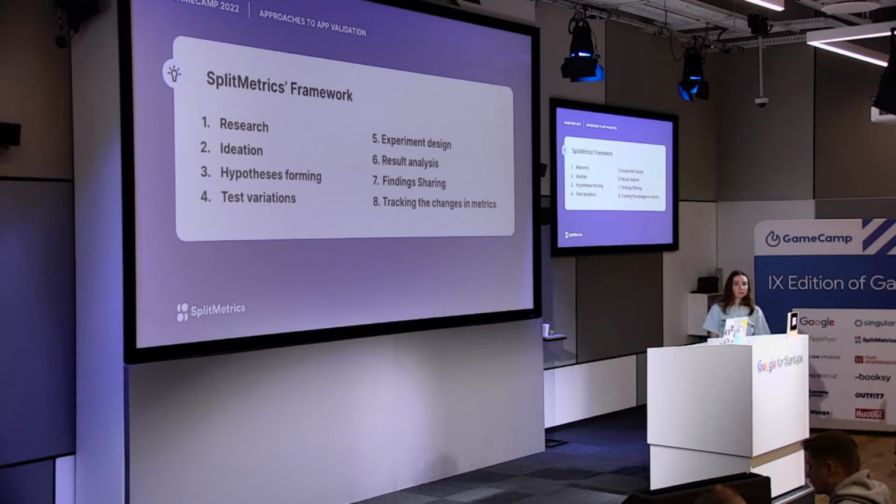Any other questions? Maybe I will ask. How long does it take to run such a test? Sometimes it's really fast and cheap. That happens. We recently had a test that was running for 3 days, and we got the results immediately. But sometimes it could take 2 weeks. But if we see 250 visitors per variation, and the results are not so good, we just kill the test and start over again.